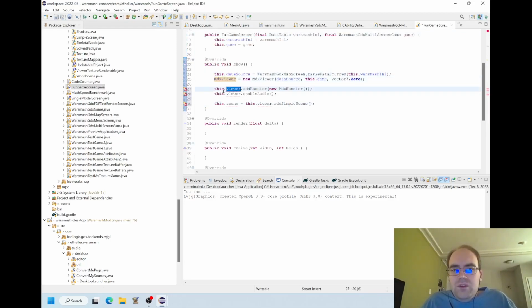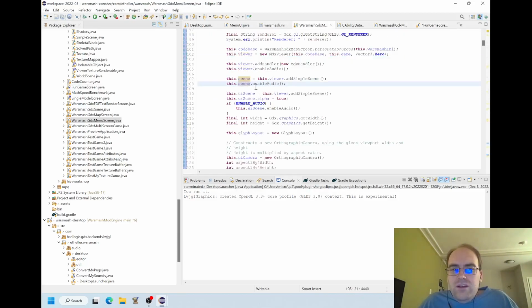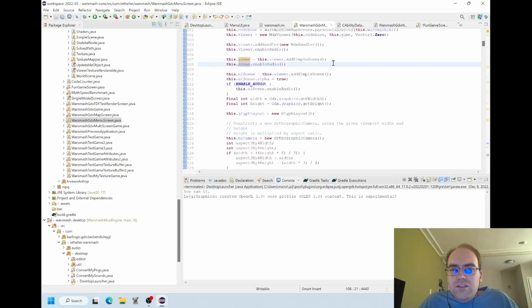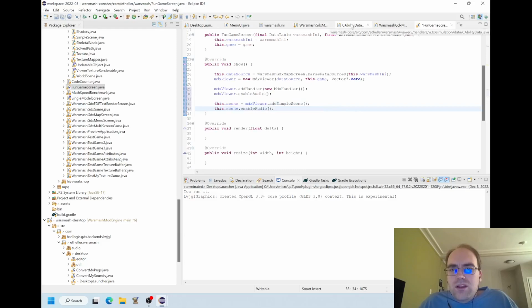let's see. Yeah, basically we want to call add handler on it. And we want to enable audio. So add handler, this tells it can parse MDX files. That's kind of dumb that that's necessary, but we're going to do it. Once you have a viewer, you want your viewer to create a scene. And that's useful so that you can render things in the scene. So now I have a scene, now I have a viewer. I guess the scene has to enable audio, which is kind of dumb. But I like audio, so we'll go ahead and just do that.